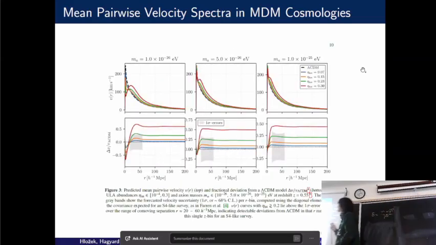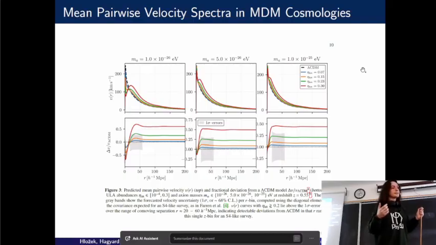We use the code to, first of all, it's important to understand, that we wanted to calculate what's called the mean pairwise velocity spectra. This is our KSV observable that I was mentioning, and essentially it describes the pairwise velocities of galaxy clusters as a result of the KSV effect. So what this tells us is,